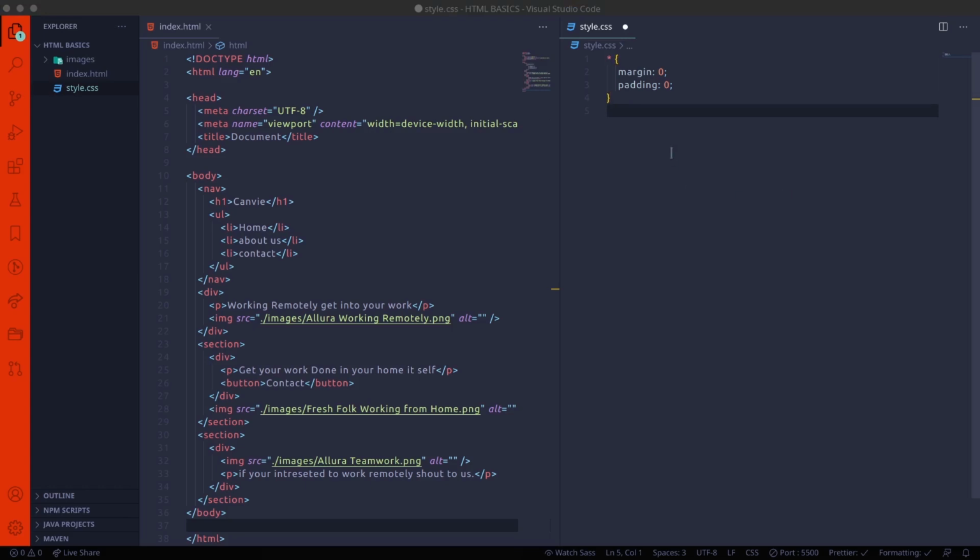Navbar means it will be the top section of any web page. So here I'm using the nav tag. Make sure that you use the body tag and then the two brackets. In between this you have to write the code. Now I'm using box sizing.